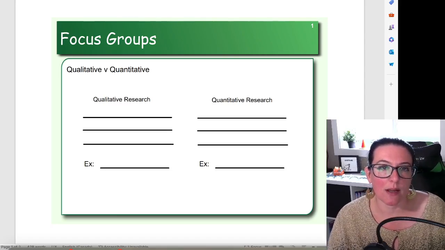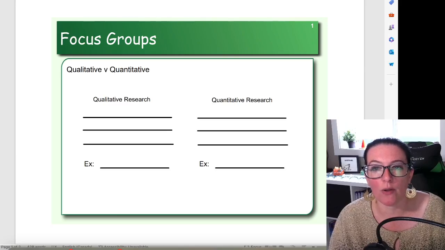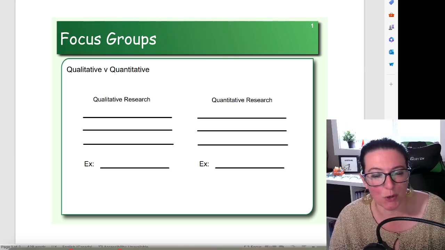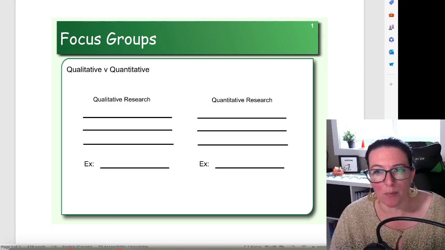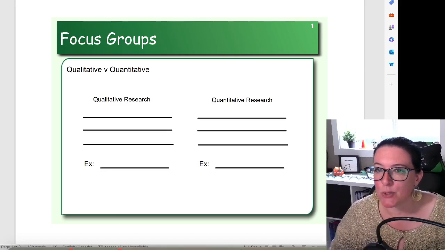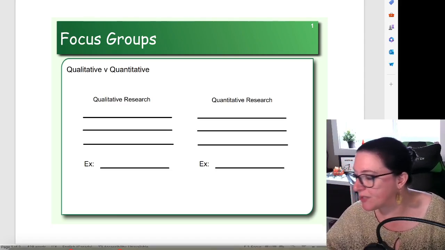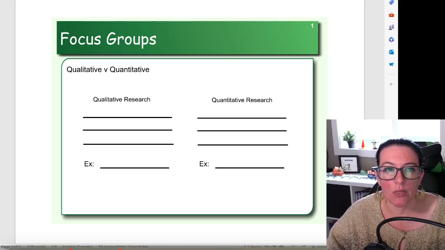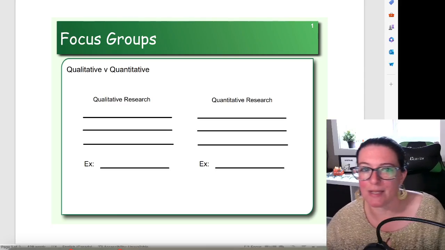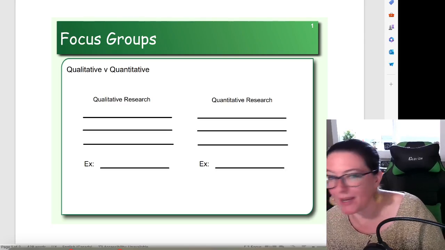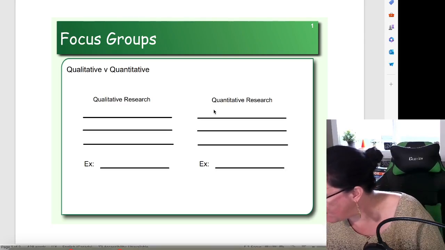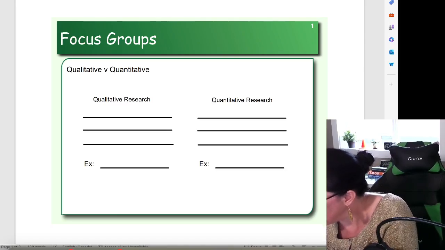And then the videos that come after this will get into those more qualitative research approaches like focus groups, and then those will be followed by more quantitative approaches. So let's start by defining these. All right, when we talk about qualitative versus quantitative, the word quantitative means that it uses math. So when we're looking at quantitative research, we are looking at research methods